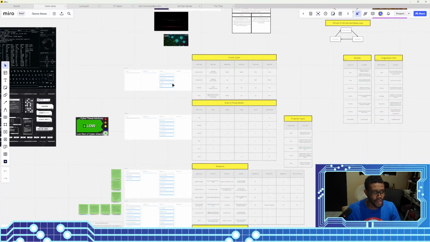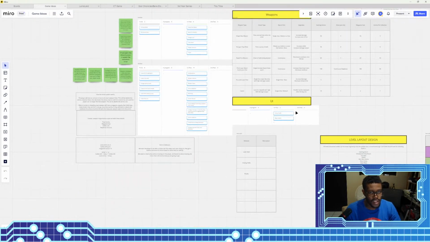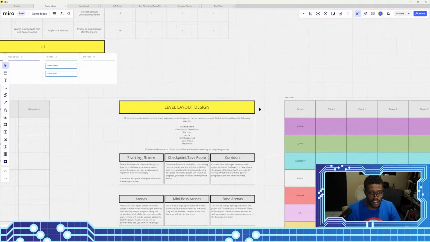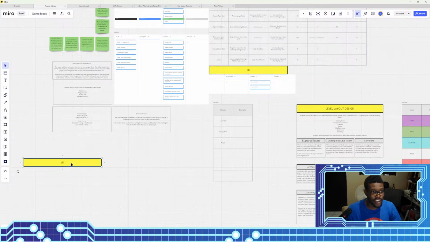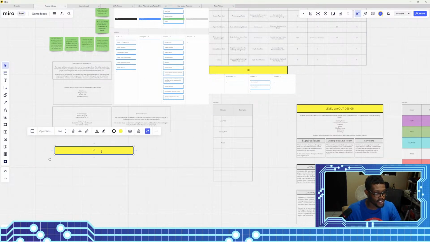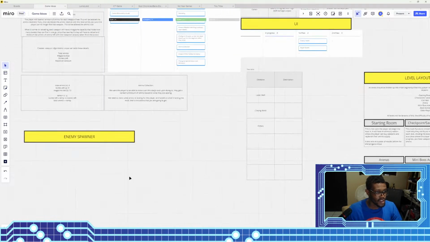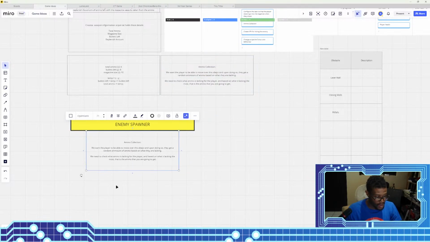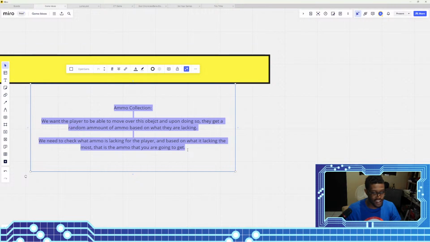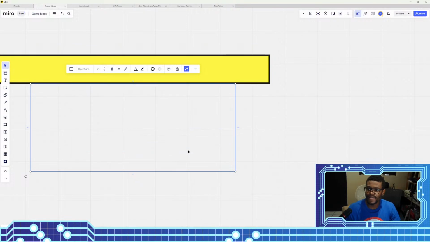So we want to start working on the level layout design, which has completely changed, which is okay. So then we'll go here. Enemy spawner. Grab this, duplicate that, put that underneath there. We are on a time clock, Jack. That light in the sky, do you know what it is? Okay, cool. So for the enemy spawner,